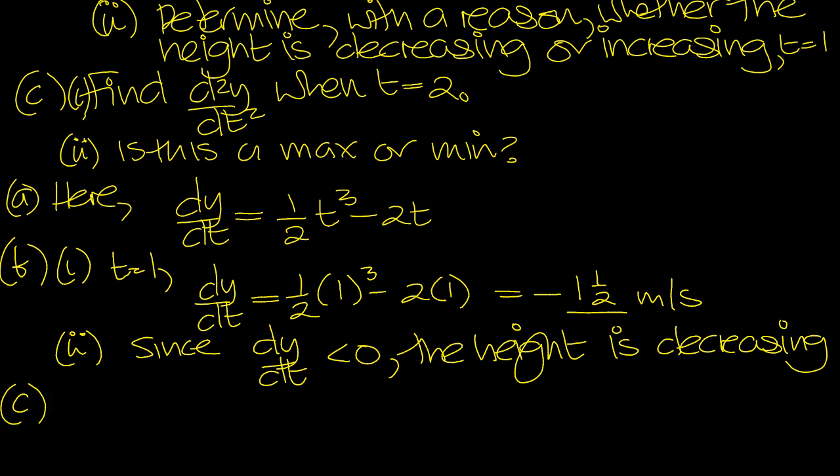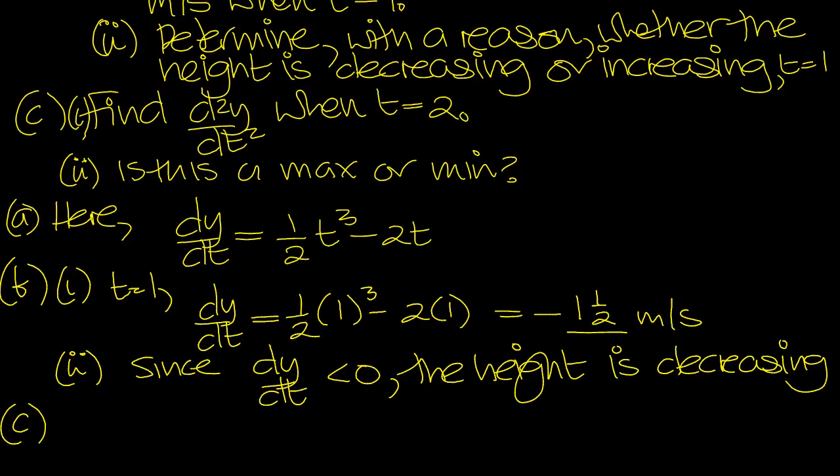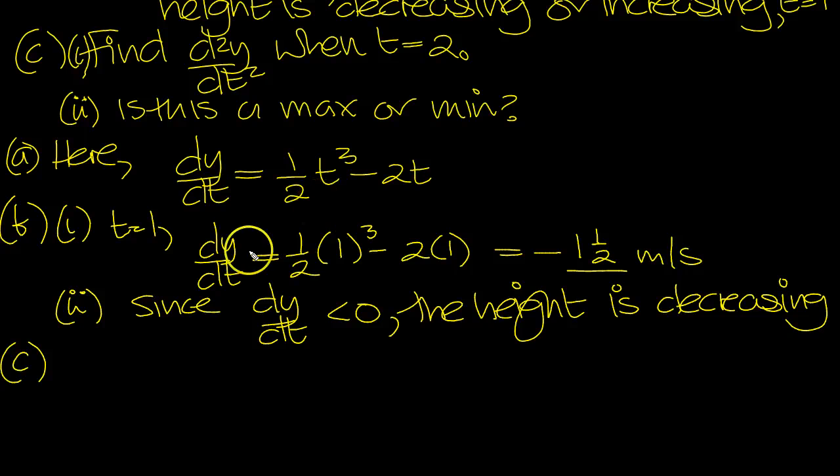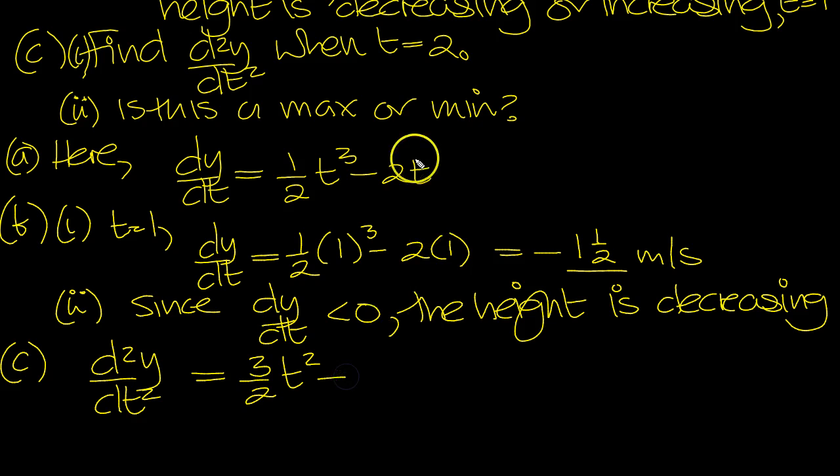So part C. Find d2y/dt squared when t is 2. So differentiate once again. Use the power rule. 3 comes down to be with the 2, 3 over 2, t to the 1 less is 2. Minus 2 lots of t differentiates to 1. Minus 2 lots of 1 is just minus 2, which equals